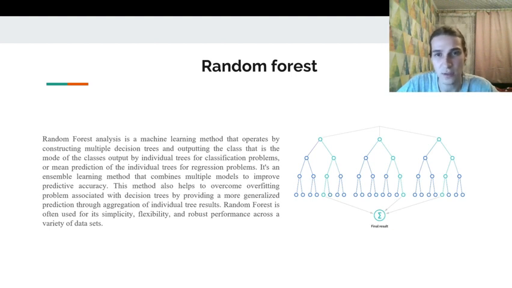Random forest is great because it helps with the problem of fitting too closely to the training data. It has a small chance to overfit, because it combines the results of many trees. People like to use random forest because it's easy to understand, works very well with different types of data, and gives very good results.